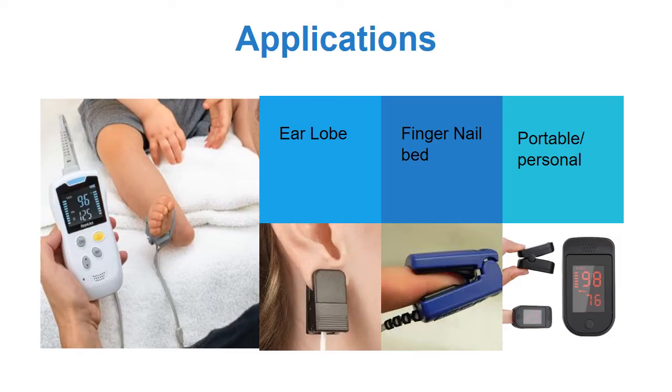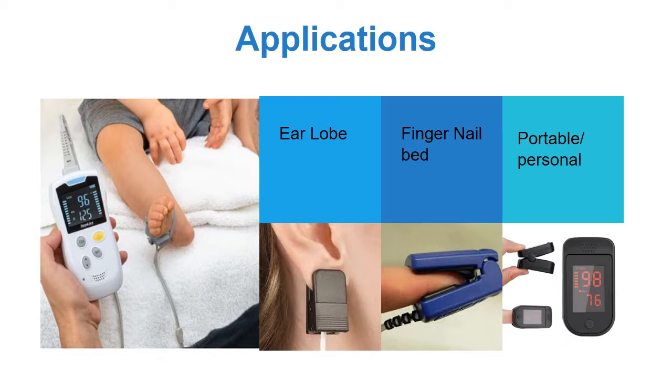Also in this part, I would like to describe on which parts of the body we can utilize the pulse oximeter. As we already know, we need a surface through which the light can pass, so we need a medium. In babies, the nails are so small and the pulse oximeter size is really big, so we can utilize their palms and their soles, as you can see in this picture. In adults, we can use the earlobes, and we can use the pulse oximeter on the fingernail pad, which is the most common site.